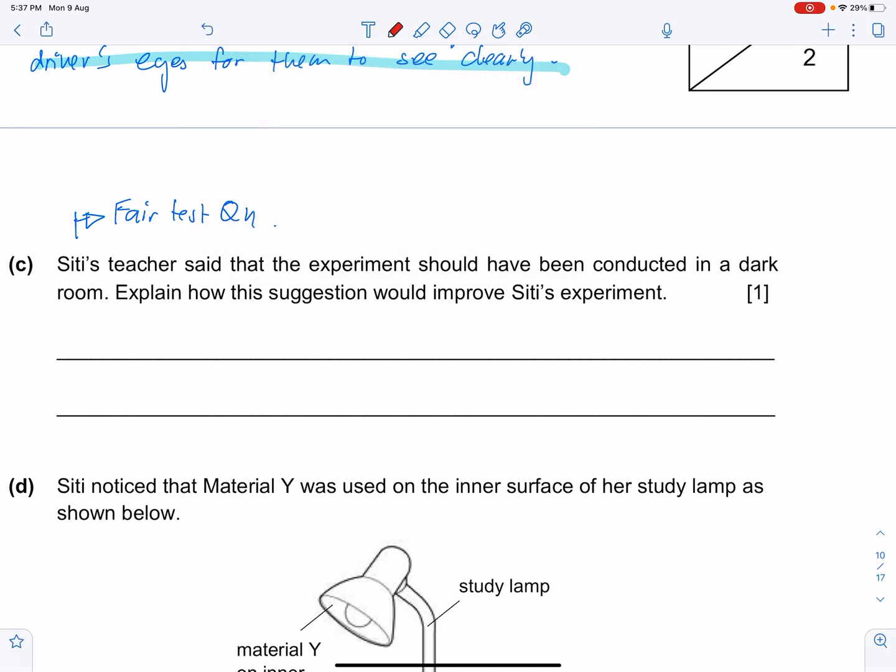Okay, so the answer would be, this is to ensure that the only light sensed by the light sensor